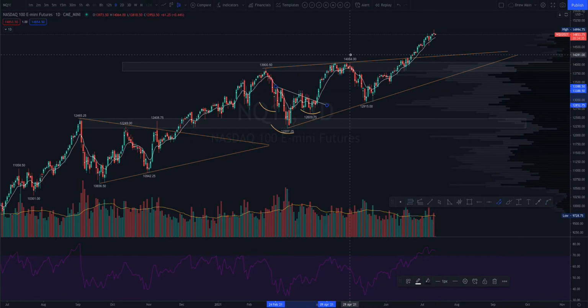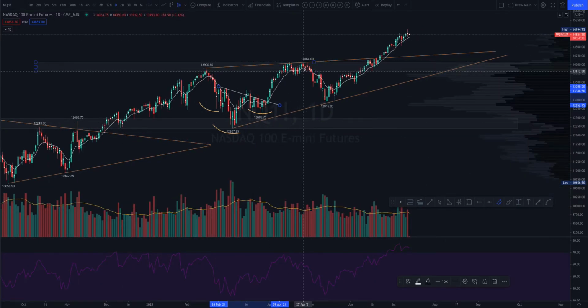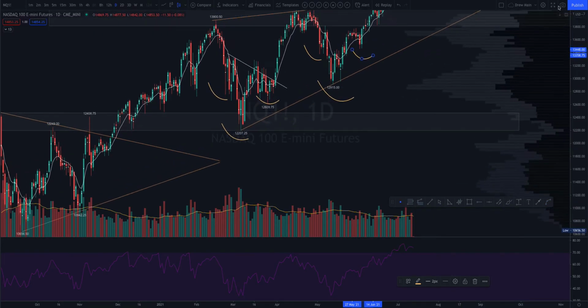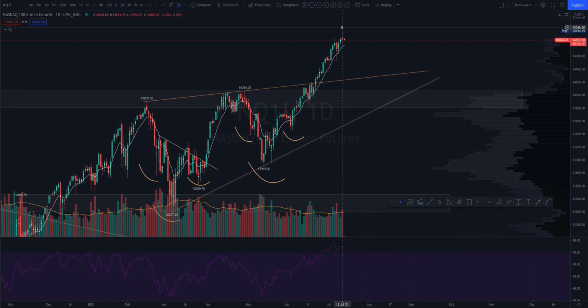So then we broke out, right? Tested this again, double topped. So, top, double top, right? And we came back to retest the zone again. But if you look, again, we formed an inverse head and shoulders, right? And then we made this huge move here. So now, what I'm thinking is, if this is in fact a short-term top, and we pull back, we have